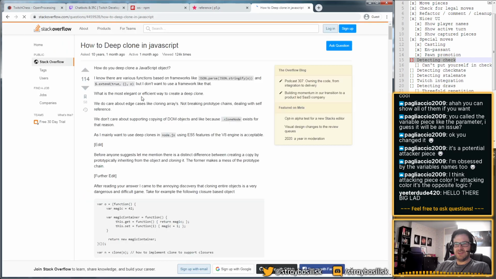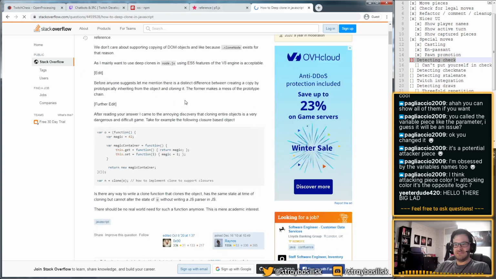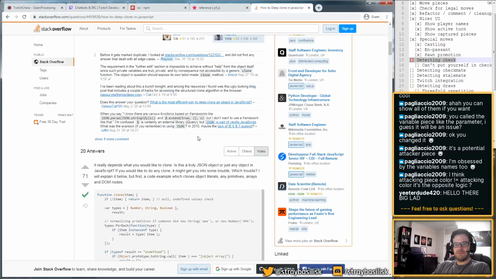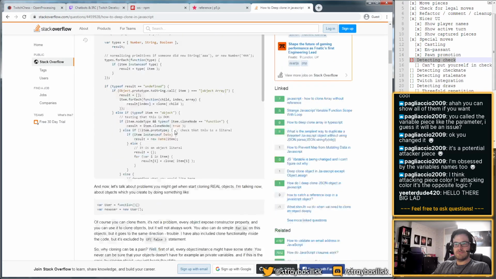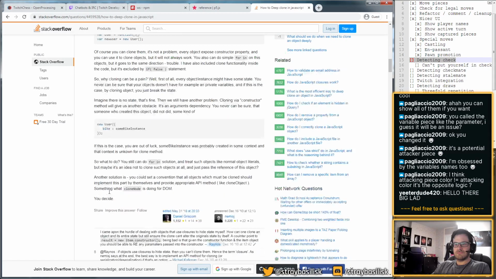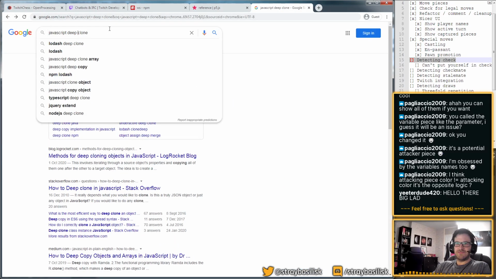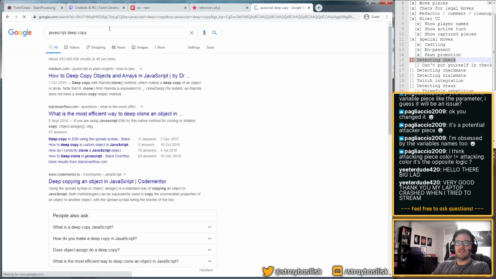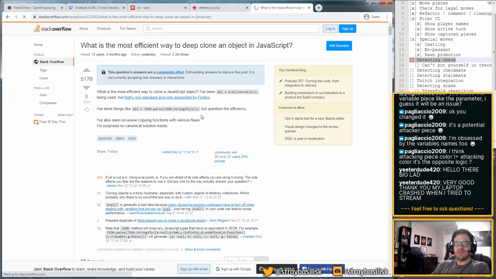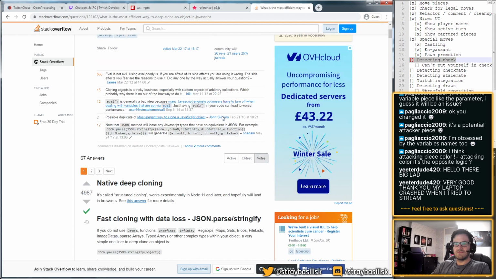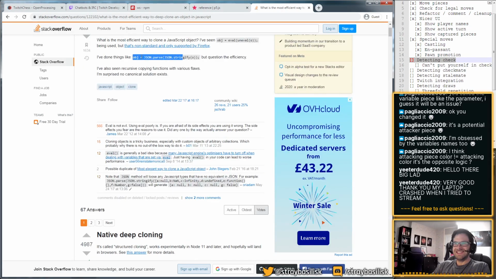I'm sure I could figure this out by some recursive thing with properties and stuff. I'm just looking for a little snippet. I mean, this works, right?